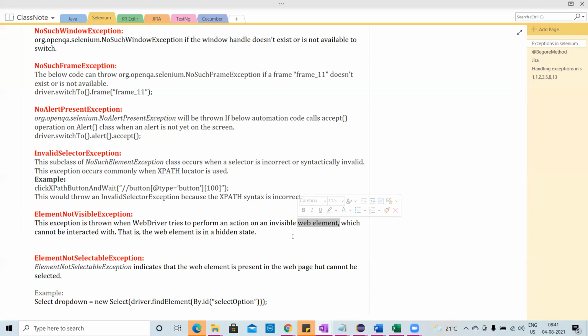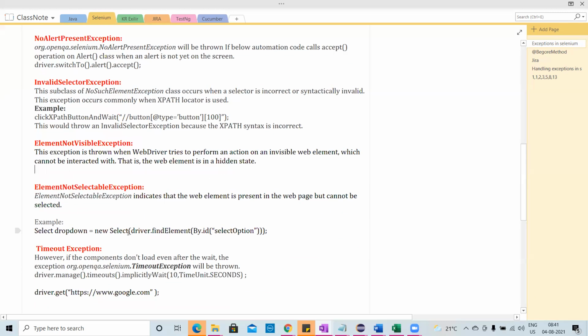Your login button is visible or enabled only when you enter the user ID and password correctly. If you don't enter the password or user ID and try to log in, you may get element not visible exception because it will be in a hidden state. Got it?